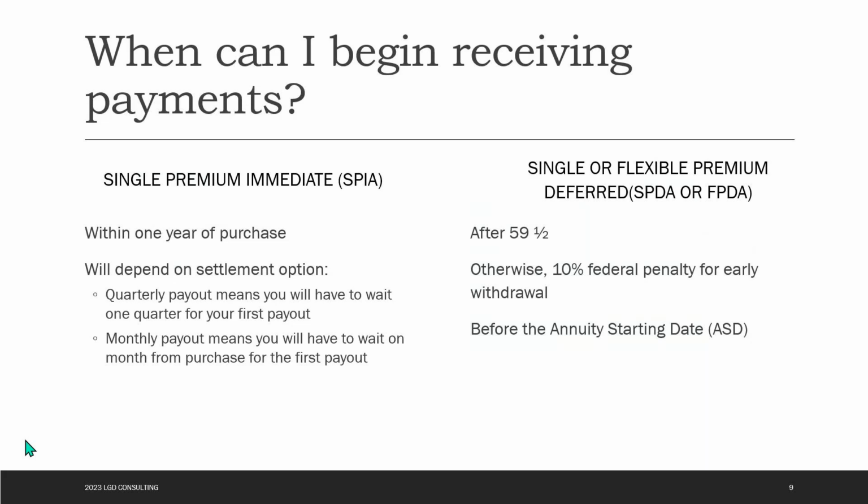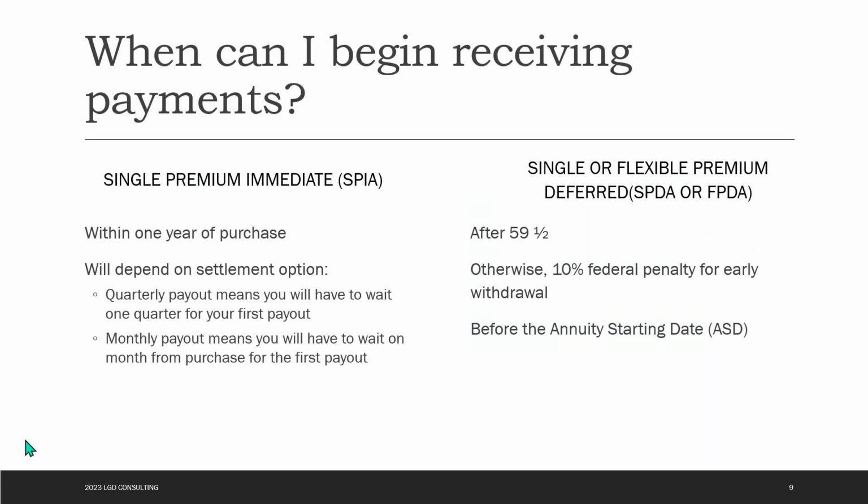If you have an annuity and you dip in before 59 and a half, well, this is kind of like your qualified programs. You're going to pay taxes on the gains, and there's also a 10% federal penalty for early withdrawal. When you do buy an annuity, whether you do a single premium or a flexible payment program and let the money grow,